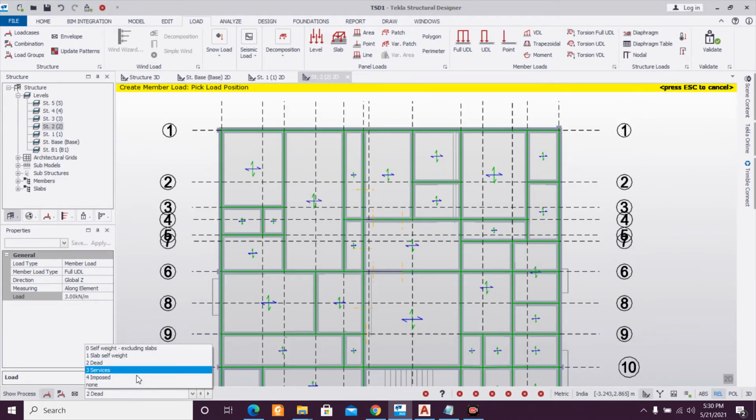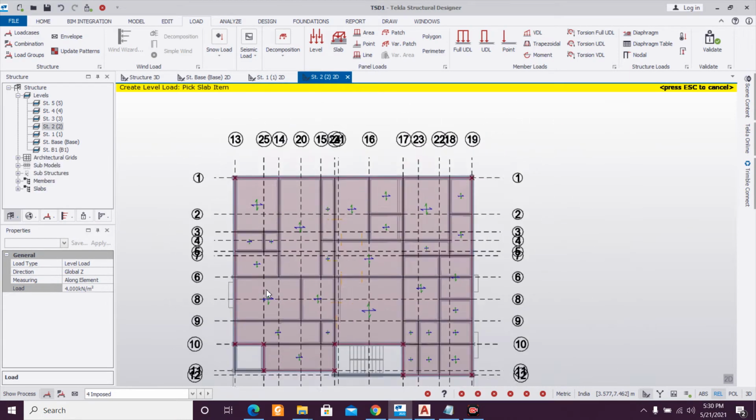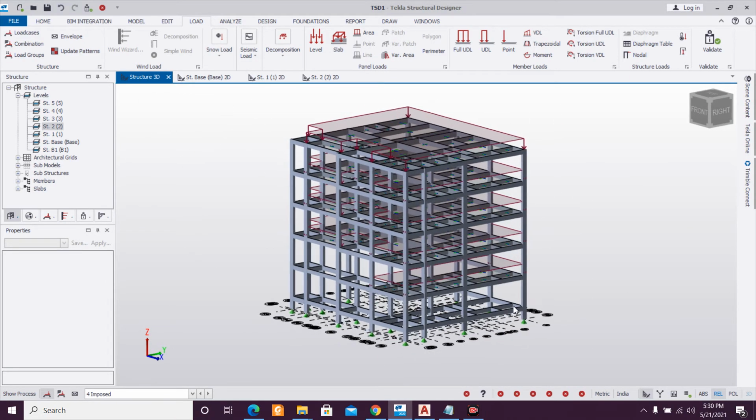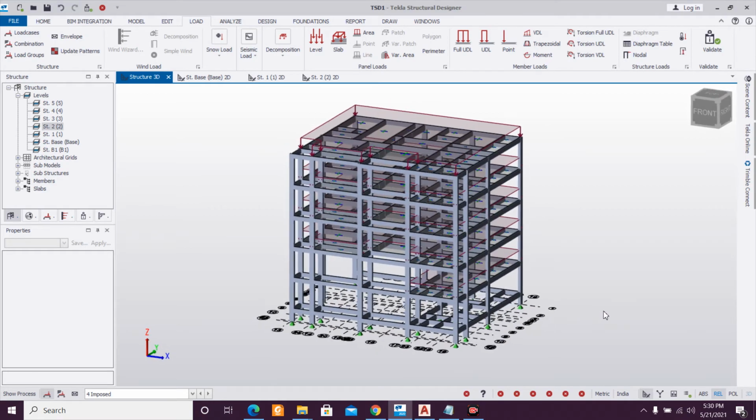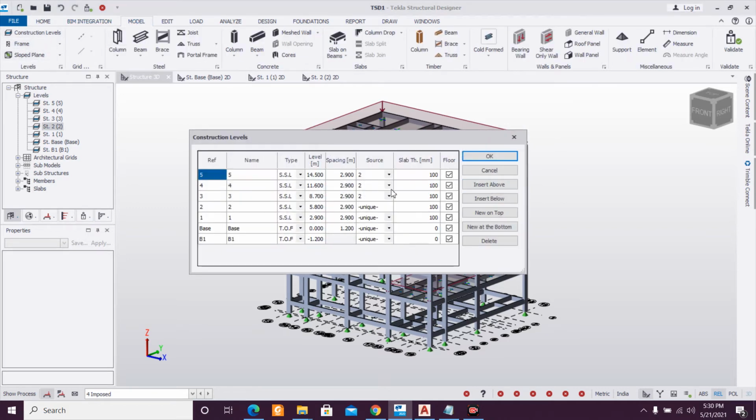Select the imposed load, level load of 4. It was similarly applied, so I'll go to model, construction levels, and make this unique.